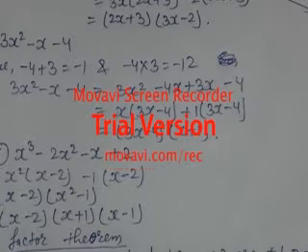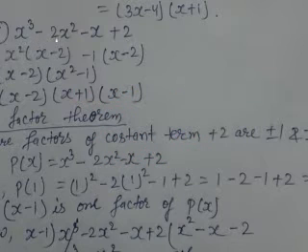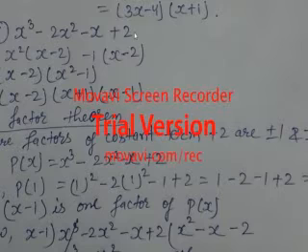Now we will move towards question number 5, that is factorizing x cube minus 2x square minus x plus 2. If you will see, it is a cubic polynomial, but here also by taking common we can do it simply, even no need to split.